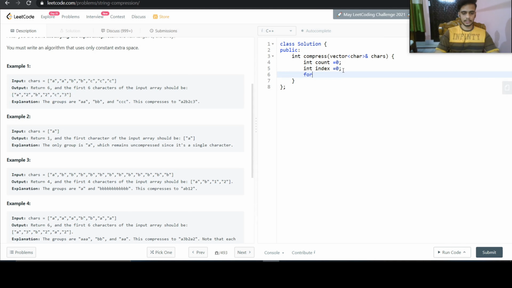Now let us start looping through our characters array. So for int i equals 0, i less than chars.size(), i plus plus.